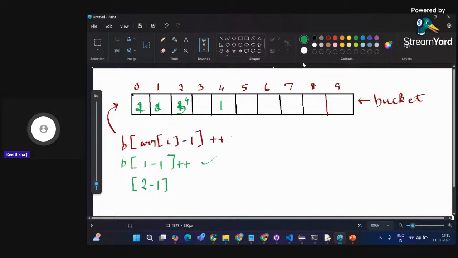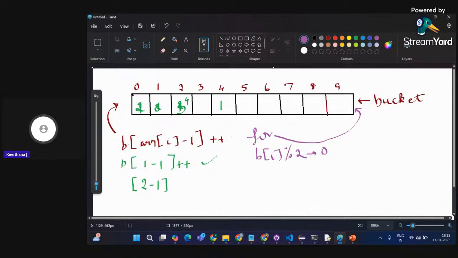Now, next, with the help of another for loop, I'll be iterating this bucket array. I'll be checking if b of I mod 2 is equal to 0, then that's fine.